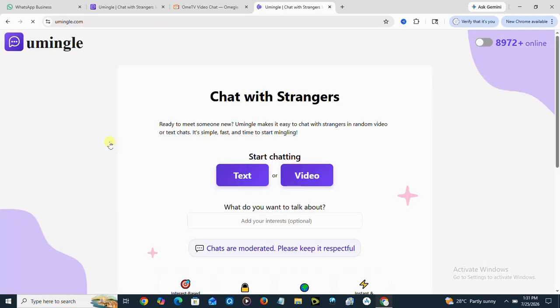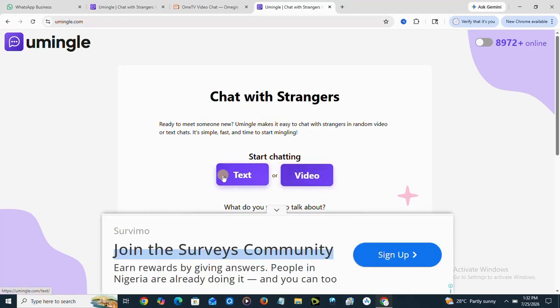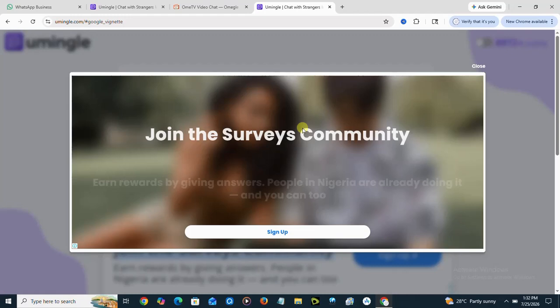So once it's loaded, you're going to see this interface just like this. You can either choose to start chatting by text or by video. So it's a video chat, so let's just try the text. Okay,